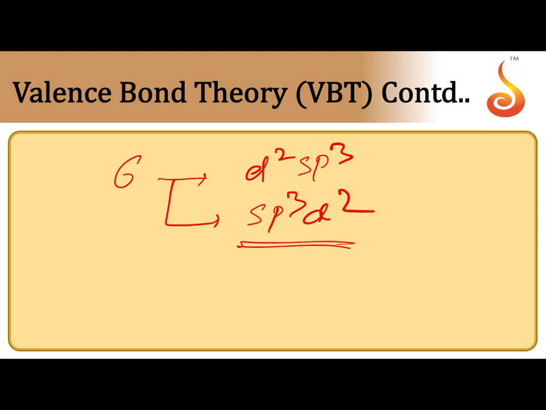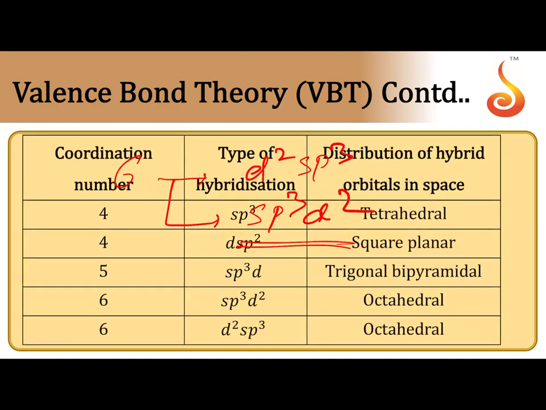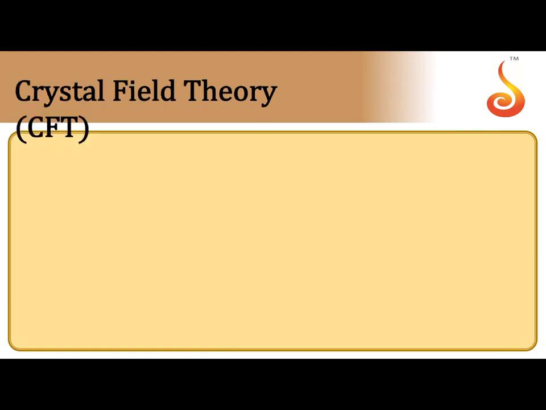So the hybridization depends on the empty orbitals required to accommodate the dative bonds, based on the coordination number. When there are 4 empty orbitals, it is sp3 or dsp2 hybridization. When the coordination number is 5, the type of hybridization is sp3d. If the coordination number is 6, it may be sp3d2 or d2sp3. An inner d orbital complex is formed when a strong field ligand approaches, which leads to a low spin complex. When a weak field ligand approaches, an outer d orbital complex is formed, which is a high spin complex.